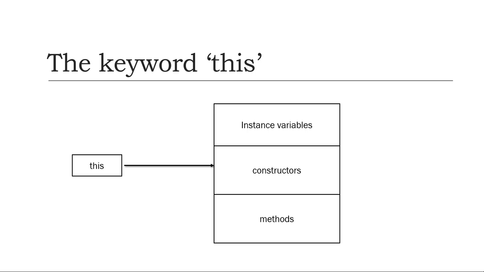Generally we write the instance variable, constructor and method, right? All these members are referenced by this. So when an object is created for the class, by default a reference is also created internally to the object, as shown in the picture. This default reference is nothing but the this keyword. So this can be used to refer to everything present inside the object.